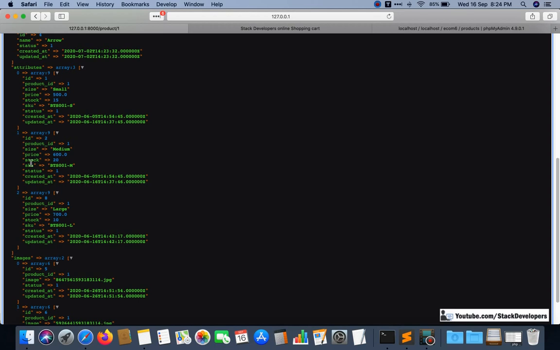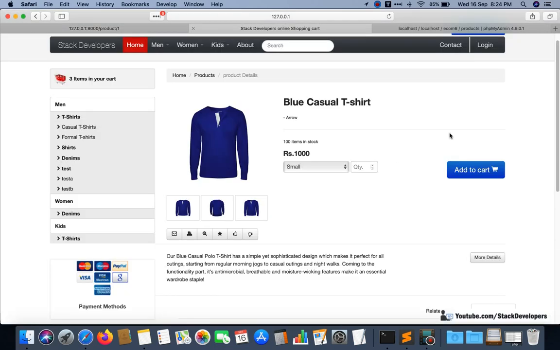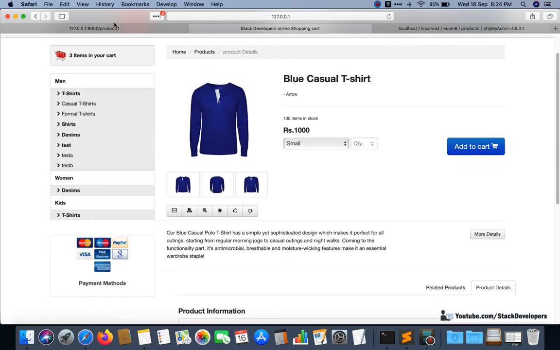We need to sum up the stock, all the attribute stock we need to sum up, and that we will show some other time, or under items in stock. Okay, so for that we will write some more code, but right now we are going to first show all the information that we are getting here.